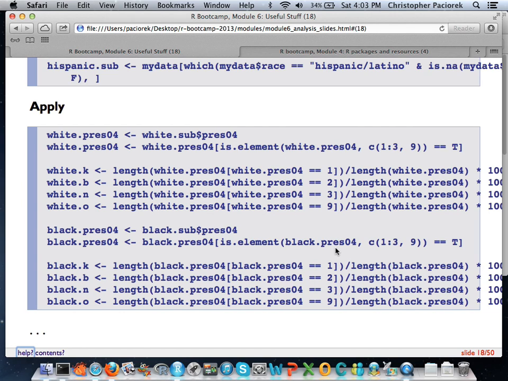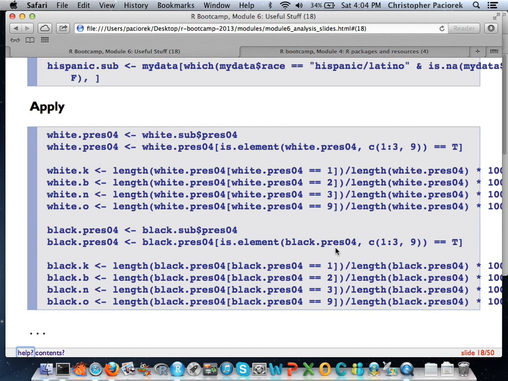So what we're doing here is we're basically taking our white data set, and I'm going to calculate a statistic, which is the same percentage that we saw before, of white voters that voted for Kerry, white voters that voted for Bush, for Nader, and for other. I need to do that for the black data set, all these various permutations.